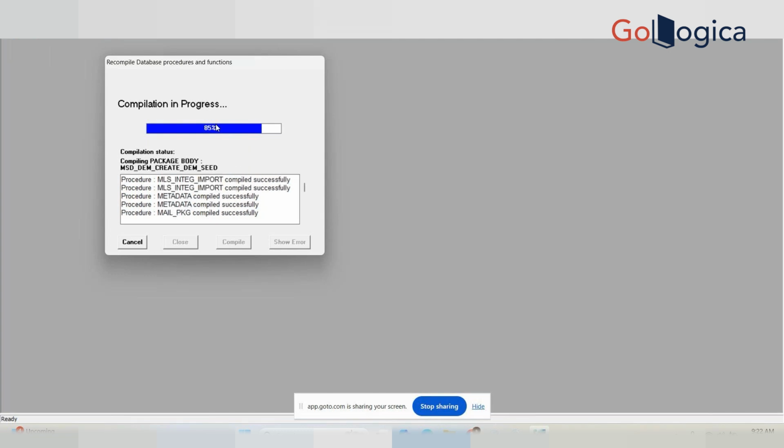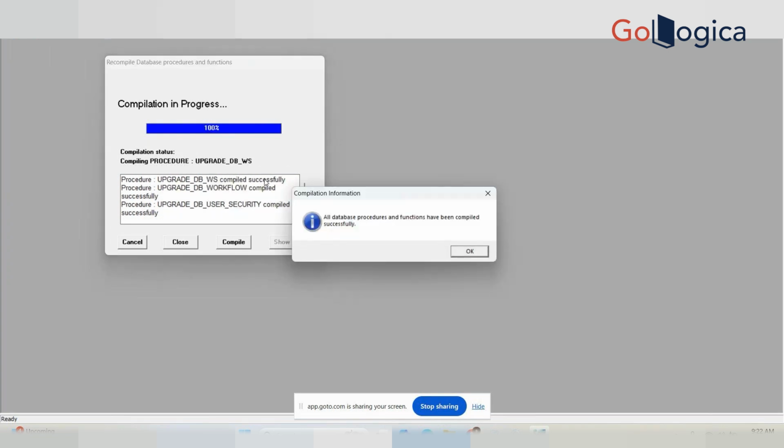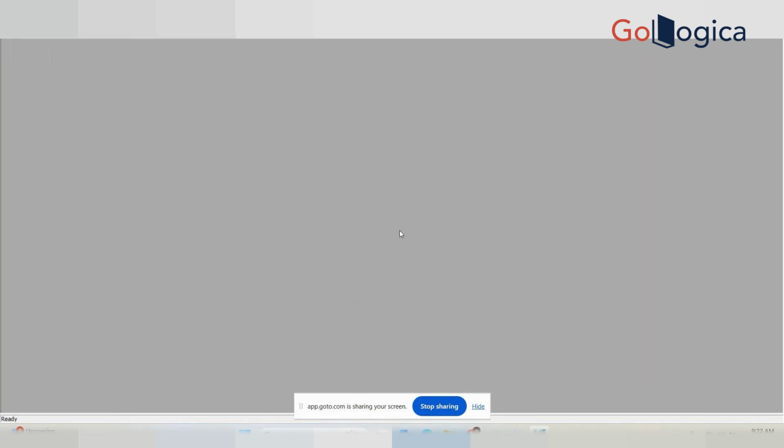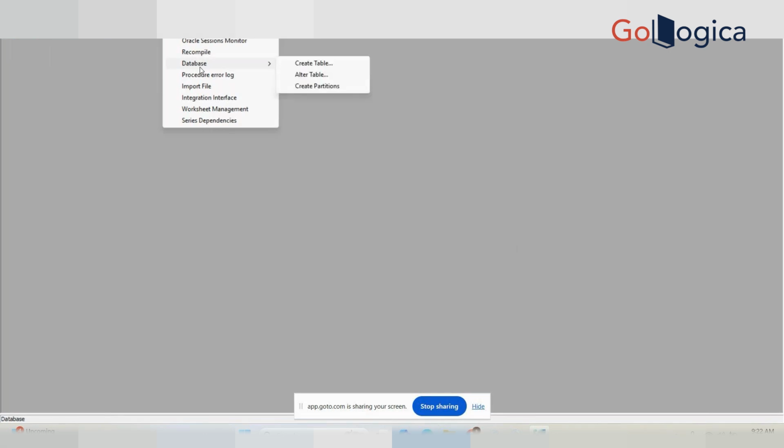It will compile the custom package also, right? It will do everything. See, no errors found. That's about the compile. So database is important. Database generally, when we use it, is, for example,